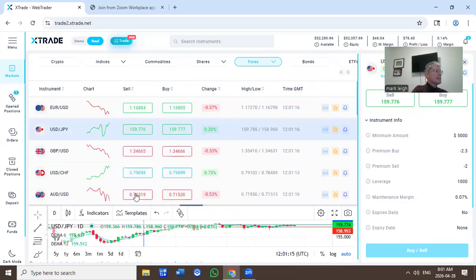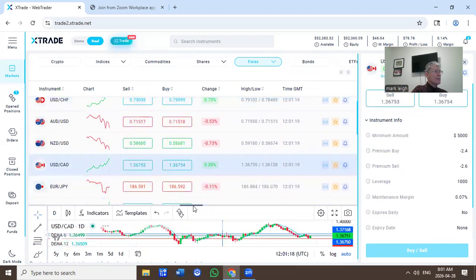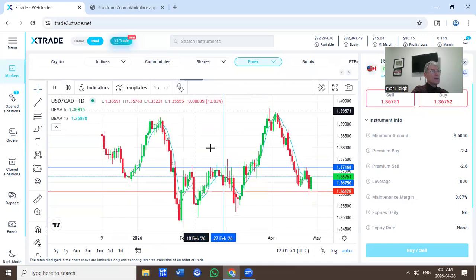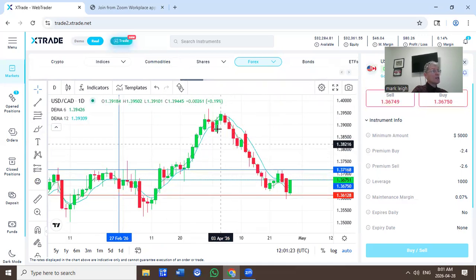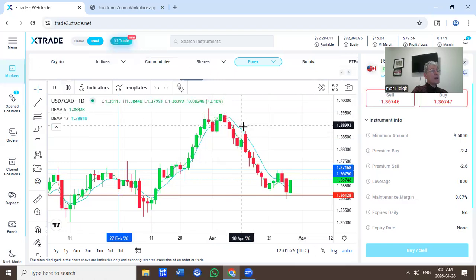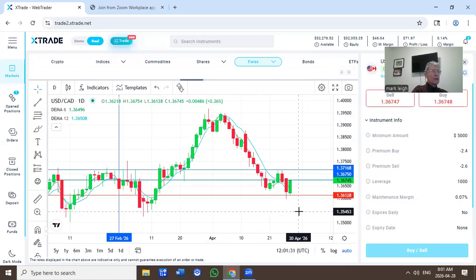US dollar against the Canadian. And the Canadian's been really strong against the US all the way since the beginning of April. There's the US trying to fight its way back. You can see I've got support at 136.12, the 136 level, pretty tough level for sellers. US dollar sellers, Canadian buyers, tough level to break through. US dollar buyers have stepped in. Strong move so far today. The 136.12 support and resistance right now,